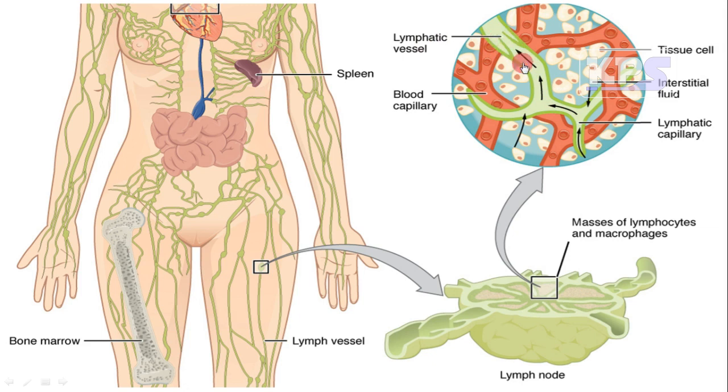In this lymph there is a possibility of having antigens, because when the tissue is infected with an antigen or a foreign pathogen, it may enter the lymph, and the pathogens entering the lymph may be trapped within the lymph nodes. So the lymph nodes act as a sieve to filter these antigens entering the lymph. The major function of these lymph nodes is to trap the antigens